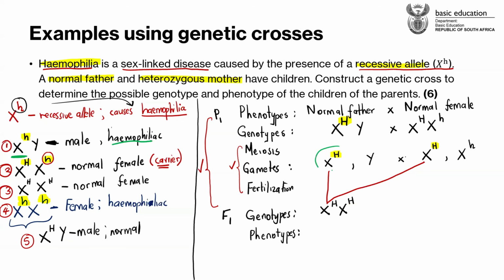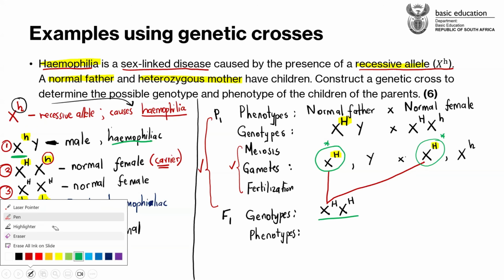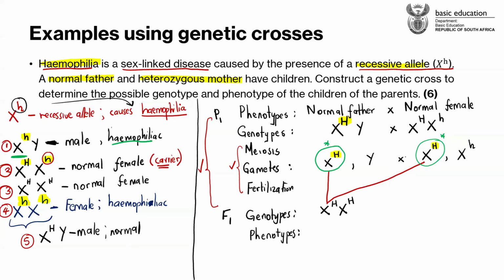So this is the X chromosome from the sperm cell of the father that is going to fertilize the X chromosome from the ovum of the mother. Okay, so we are just trying to calculate the possibilities. If this sperm cell, the one with an X with a capital letter H, was the one that would fertilize the female ovum with a capital letter H, this is the combination that we would get, provided that these two do the deed. So if the male and the female do the deed, that's what is going to happen.